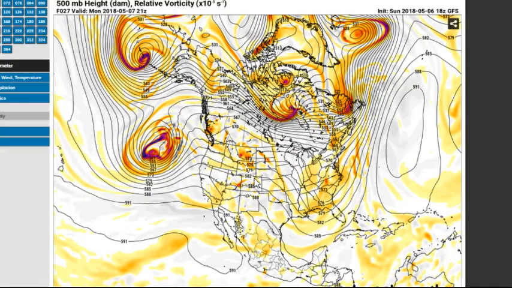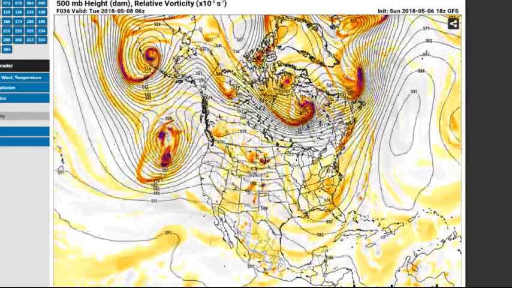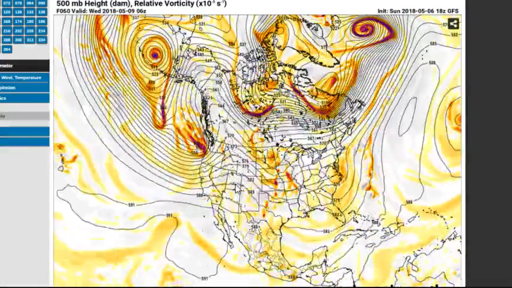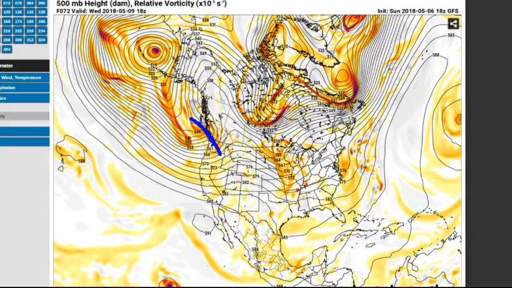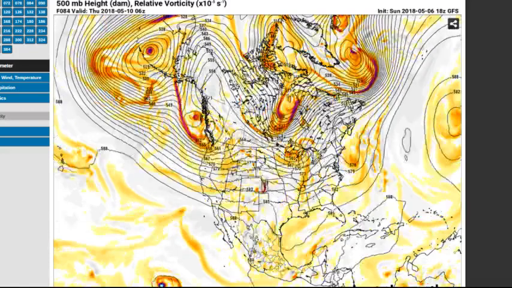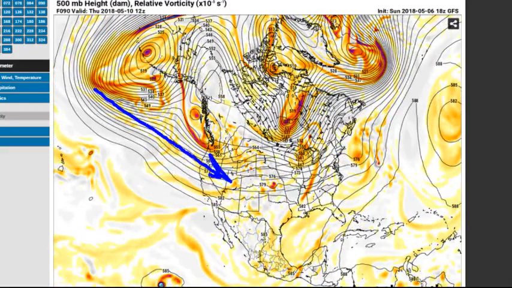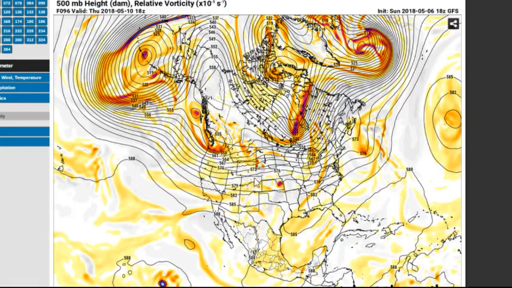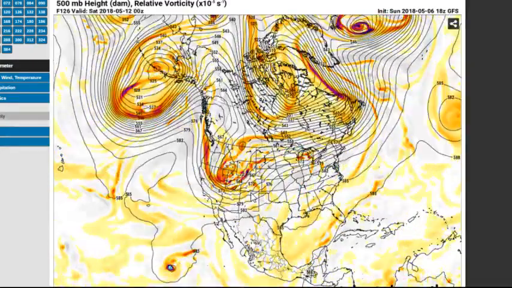Here you can really see the long wave ridging. Pretty much all of this is long wave ridging right there, so that's one of the reasons it's so quiet. This next low pressure system offshore heads mostly up into British Columbia. However, the flow does start accelerating out there in the eastern Pacific, so that will bring some stronger flow into Nevada and California. And then the next synoptic scale system is probably going to be this next big wave coming